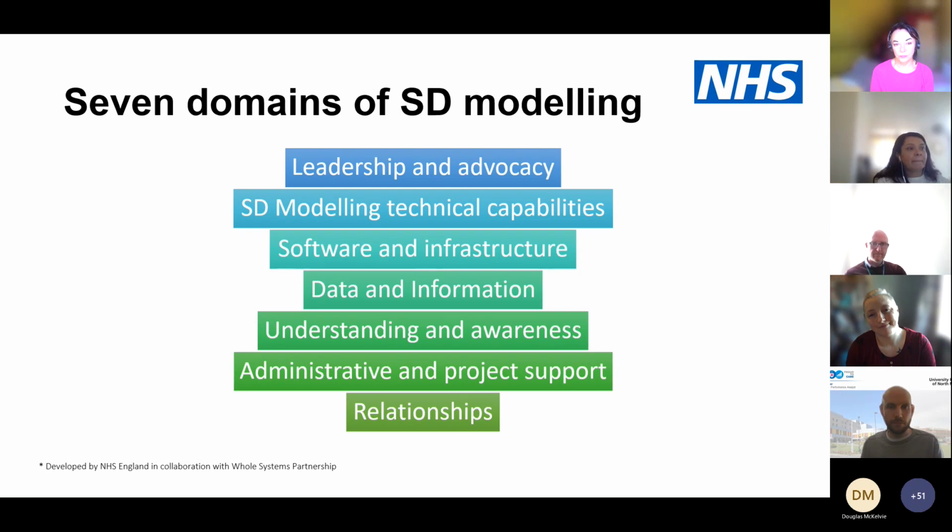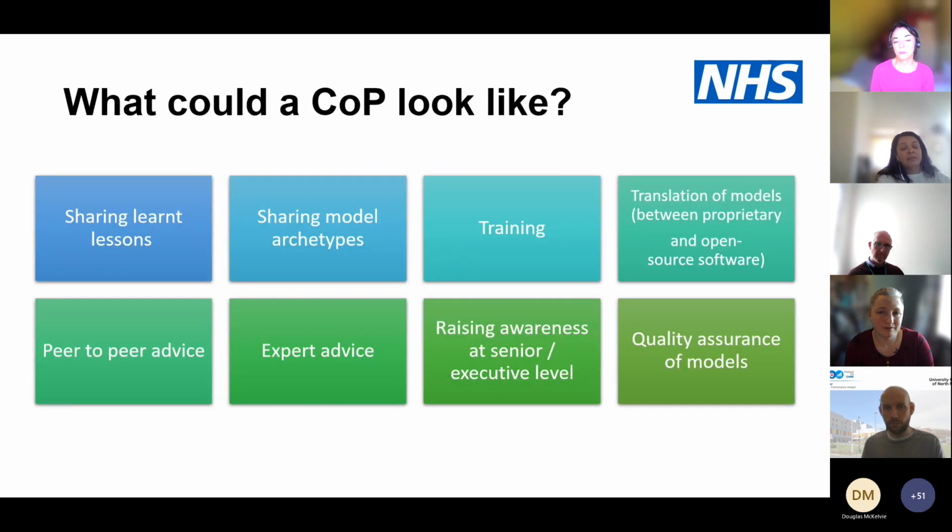So these are the 7 domains that we have identified. This tool is targeting ICSs, but you can use it for providers or even for teams who are trying to do some system level modeling, and in particular system dynamics. And you will have 7 areas that are mentioned here on this slide deck that you will have to assess yourself. So it will tell you where you are and what you need to do next to move in that journey and be able to successfully deliver these projects.